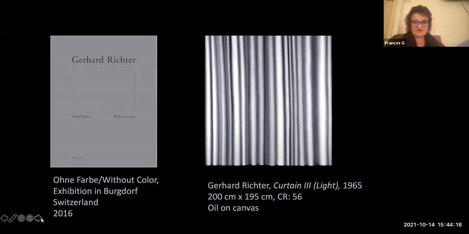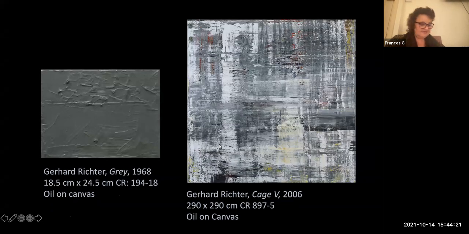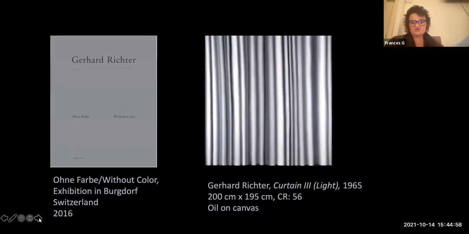So I'm just going to go on to cage. Okay, so abstract and a cage painting. So from the 1960s and 1970s through the photo paintings of the 1980s, so like the Baader-Meinhof works, to the abstract works of the late 1990s and 2000s, Richter's grey develops dramatically. In the early works, grey is the colour of steel and industry, as you see on the left. It is the colour of industrialization that both challenges and inspires the future of painting at the turn of the 20th century. And then in paintings such as the corrugated eye, the curtain here,